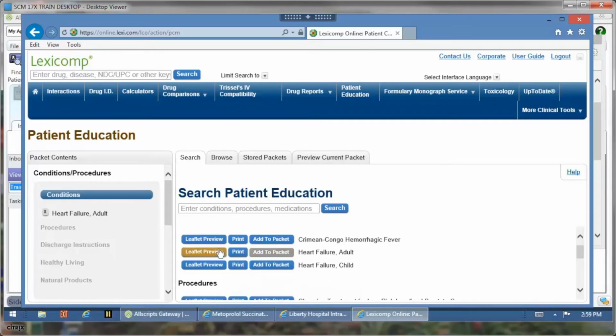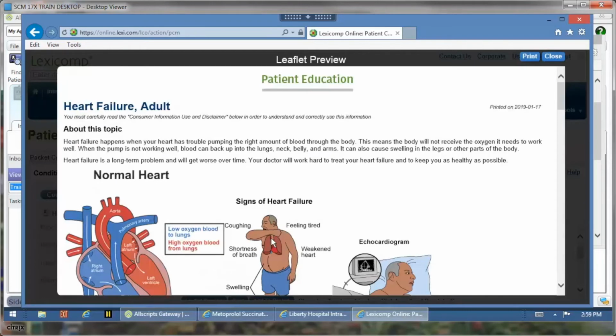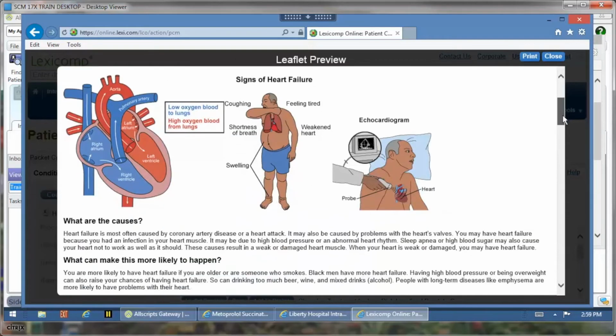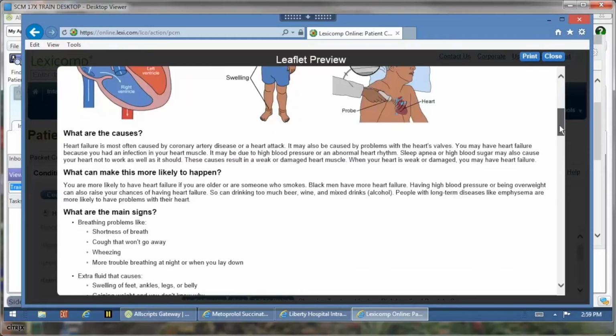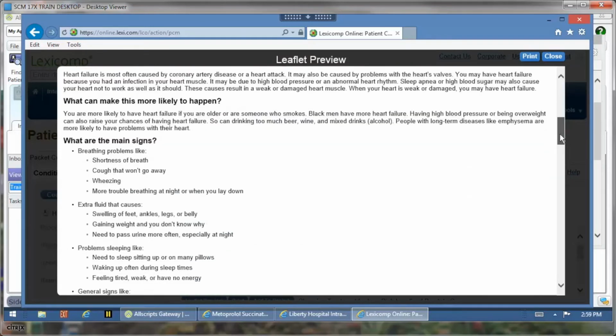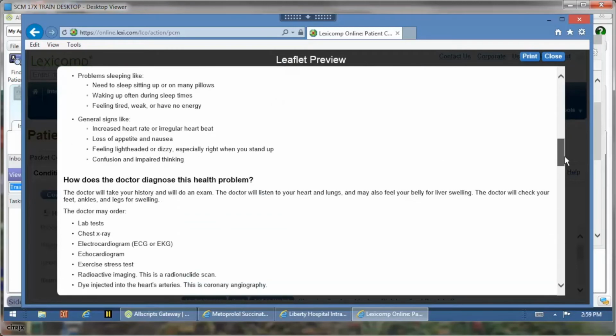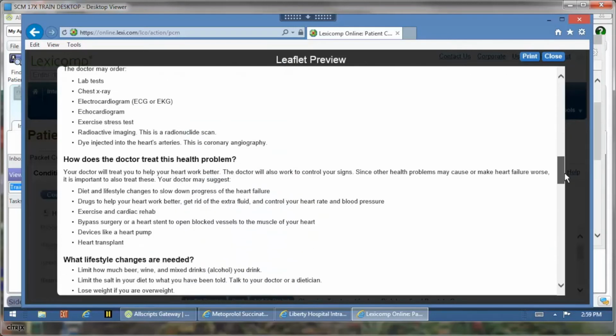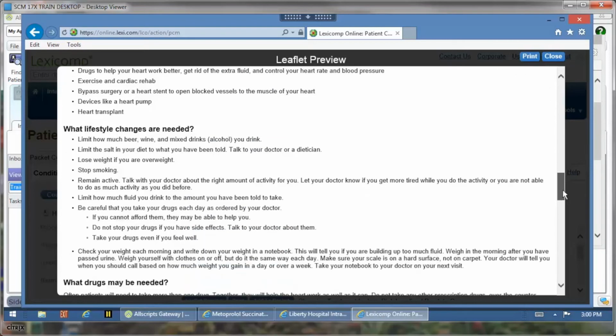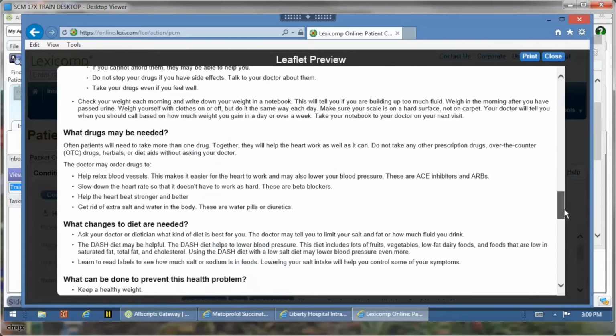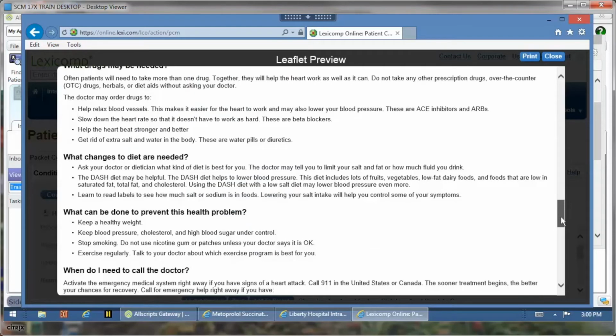Okay. And let's go to the leaflet preview. So this is the copy of what the patient would actually get, or you can hand to your patient. Okay. So heart failure adult. So it gives some information about this topic, gives you normal heart, signs of heart failure, different things, how they would test for it, causes, what worsens it, what are some signs of it, how and why the doctor will diagnose it, how they're going to treat it, any lifestyle changes, drugs that may be needed, dietary changes, fluid